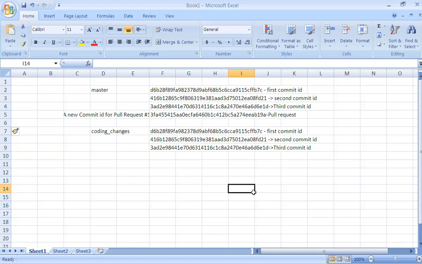So the difference between the two branches is compared via pull request. The difference is mainly the commit IDs, and when you merge it, we also get a new commit ID because of the pull request. This is a very important point to note.